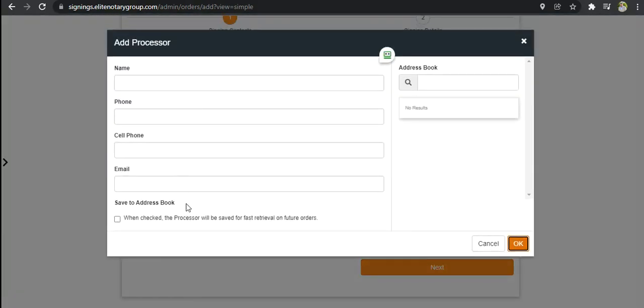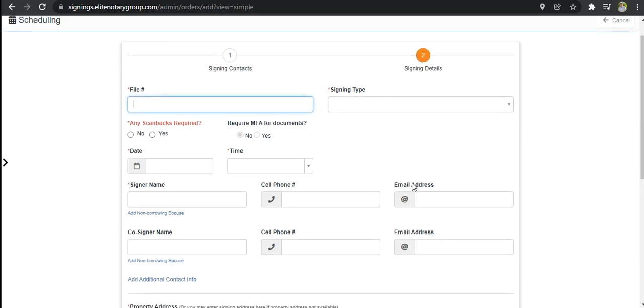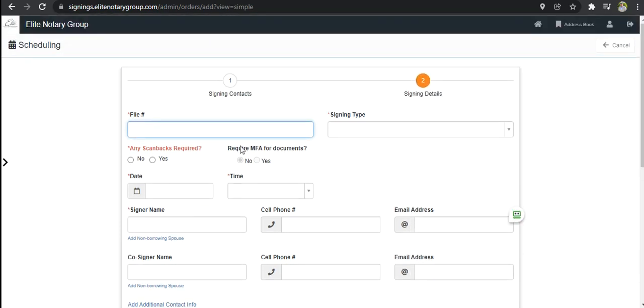The processor, same way, you can do it and save it. For now, I'm just going to leave it blank. And if there's an observer, so if there's people within your company that want to have updates regarding this order. If not, then just leave it blank. Then click next. The file number is your file number, so whatever your file number will be, and the signing